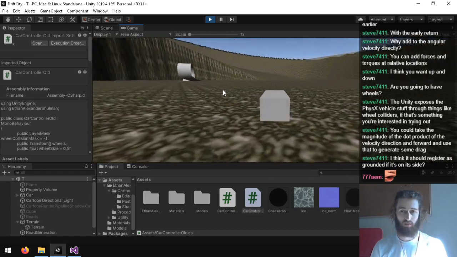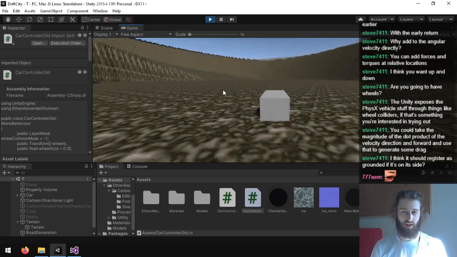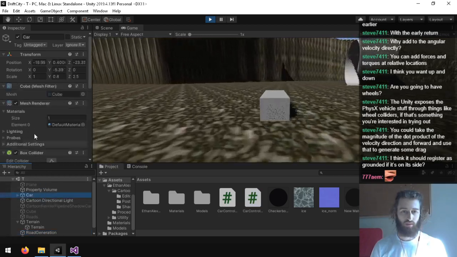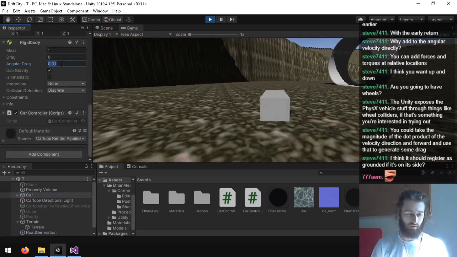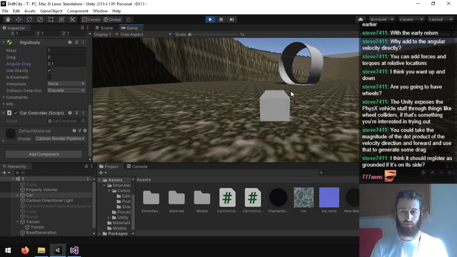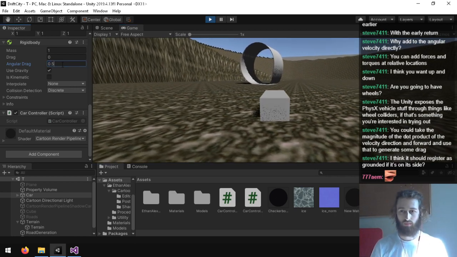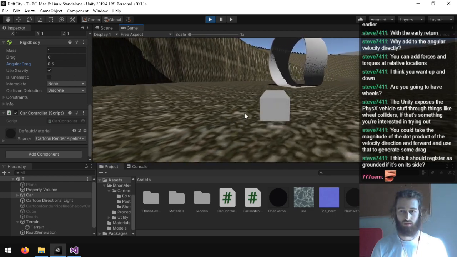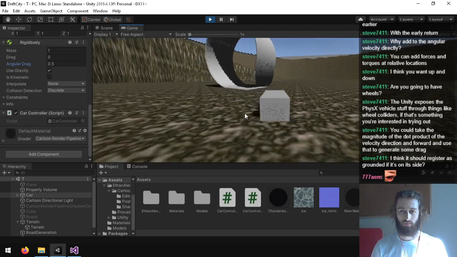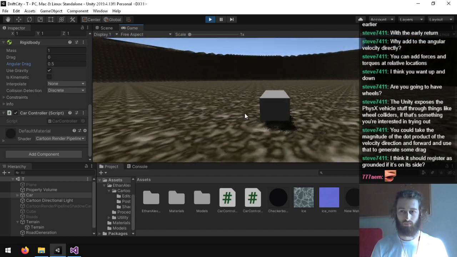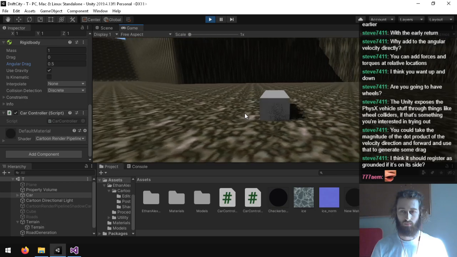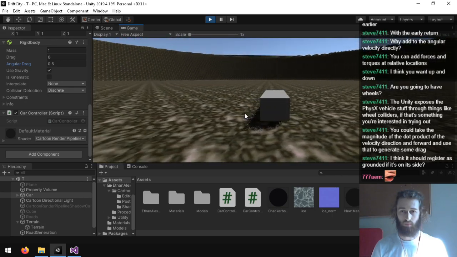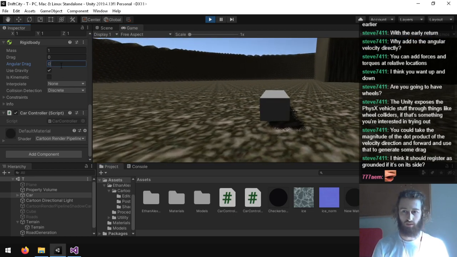Ooh. So now I just need to add some drag or something to the... Wait, actually, hold on. If we just add some drag to the angular velocity, does that work? Angular drag doesn't seem to do that much. Yeah, I guess I should find the proper way to do that.